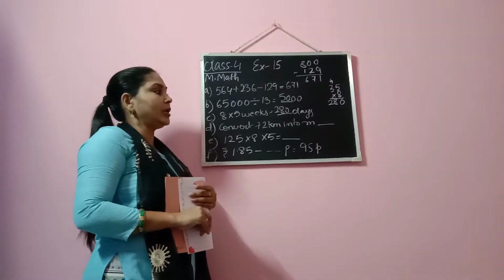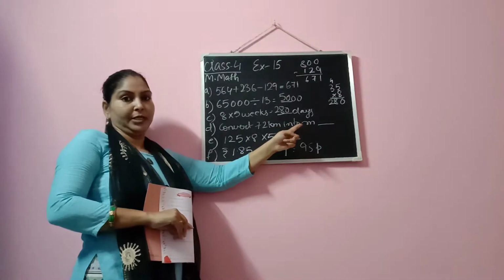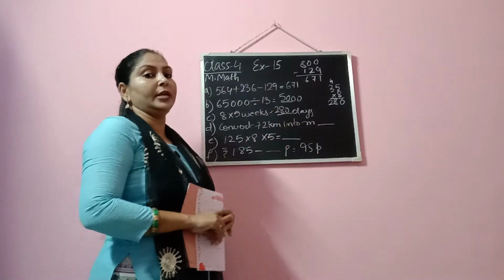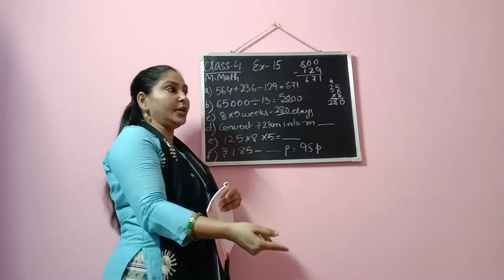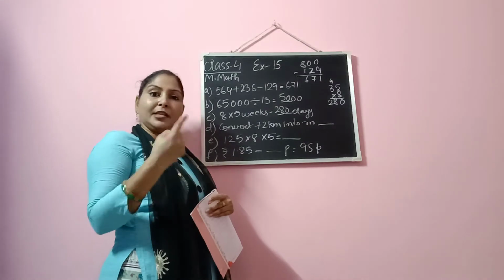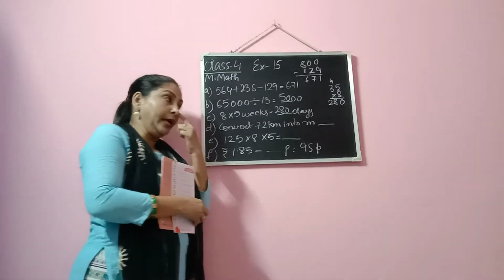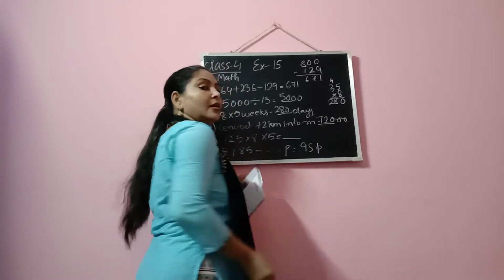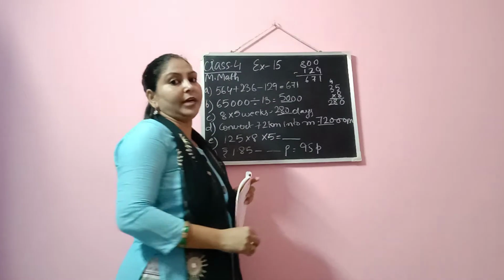Now convert 72 kilometer into meter. This is in kilometer, we have to convert into meter. Now what are we doing? Converting bigger unit to smaller unit. So how do we do that? When we convert bigger unit to smaller unit, then we have to multiply. So by what number are we going to multiply? In 1 kilometer, 1000 meters. So we will multiply by 1000. When we multiply 72 by 1000, it comes 72,000. You don't have to show the multiplication. Okay, you can directly write 72,000 and the unit you will write, meter.